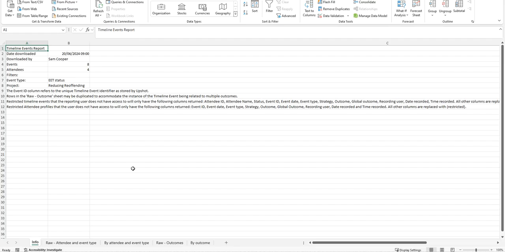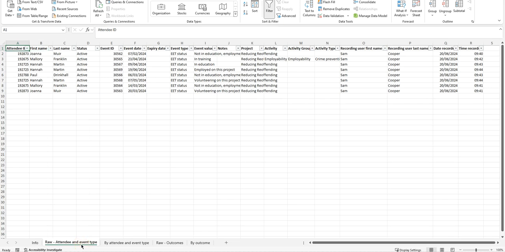Once downloaded, the export will open in Excel. Here there are a number of tabs presenting the timeline events data. The first tab provides some information about the export which has been run, as well as some notes about what is contained within the download. The second tab provides us with the raw timeline event data. Each timeline event will be within its own row,